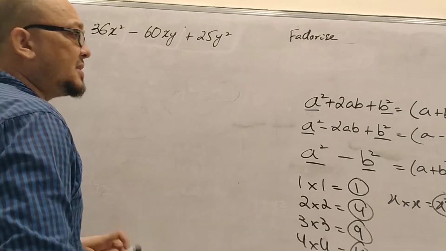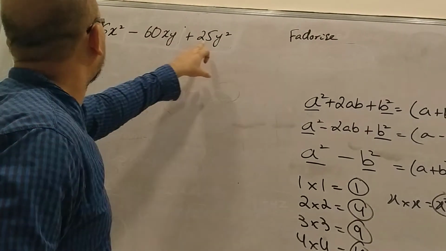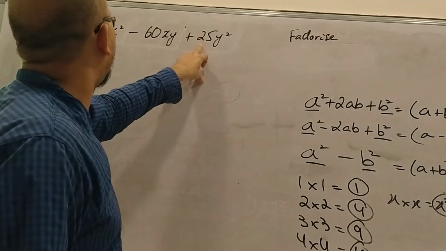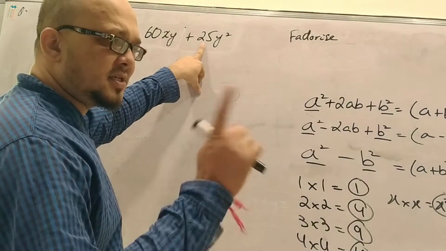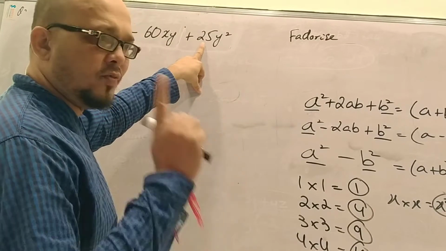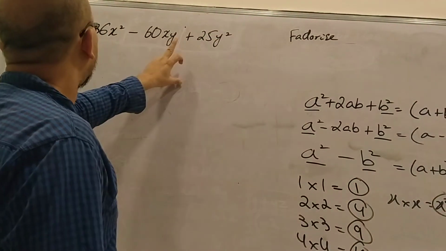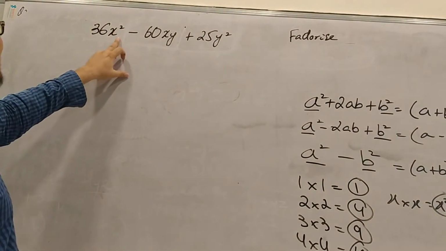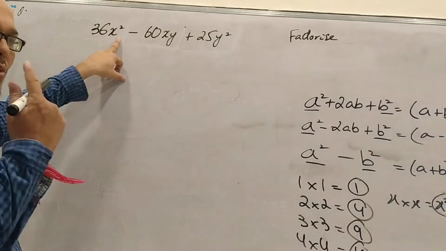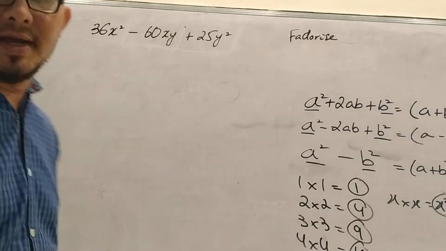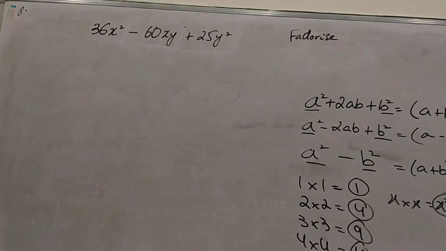All variable को common किसे? When a variable is common in all the three terms. X is in the first term, X is in the second term, but guys look here, X is not here. It means X is not an all common variable, so we will not take it as an all common factor. Then Y is in the last term, Y is in the second term, but guys Y is not here. It means guys Y is not a common variable, so we will not take Y as a common factor. Okay guys.